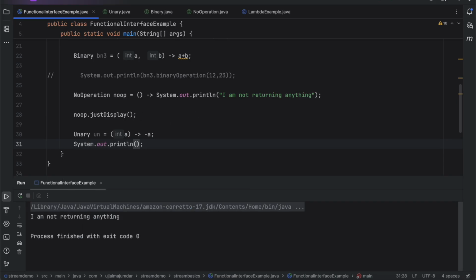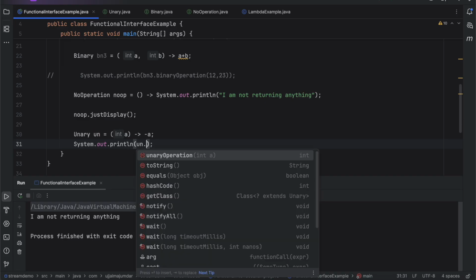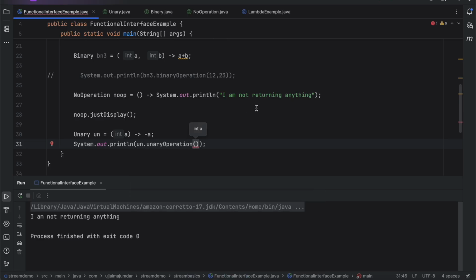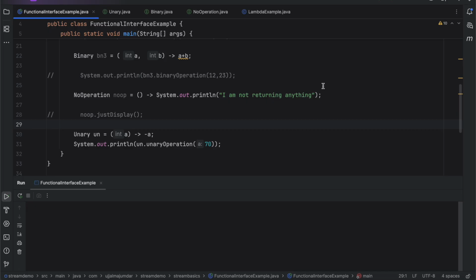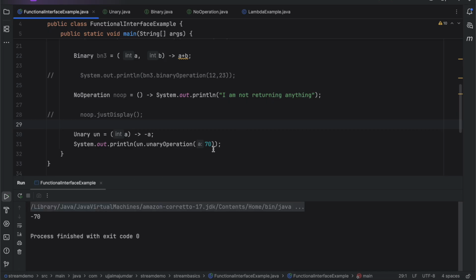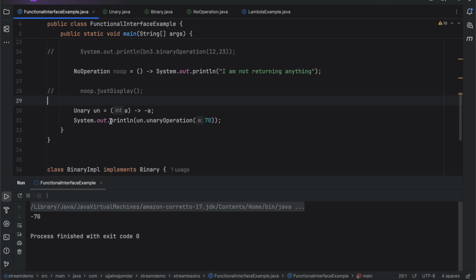So, un dot unary operation 70. Just commenting out this part. You see minus 70. This is a special case where we can strip this lambda function further, if it is having only one